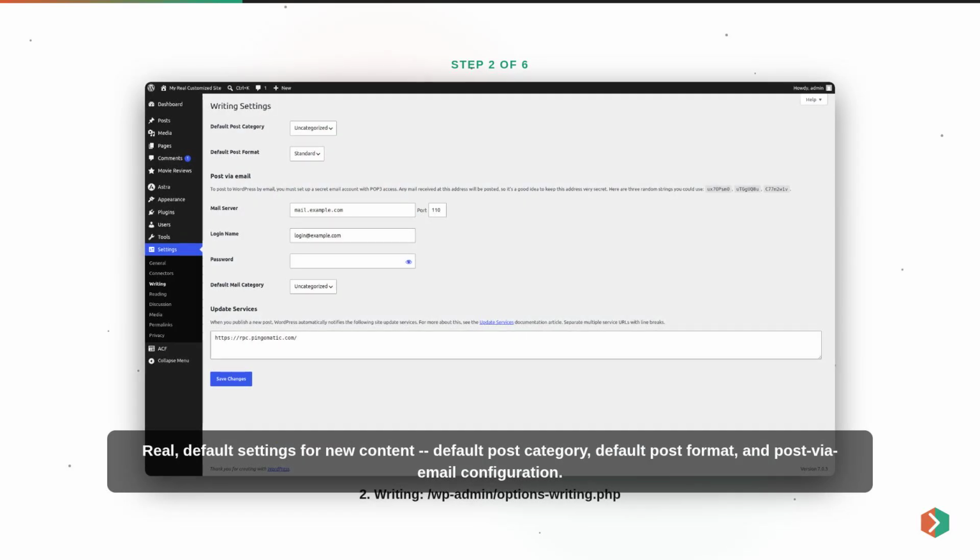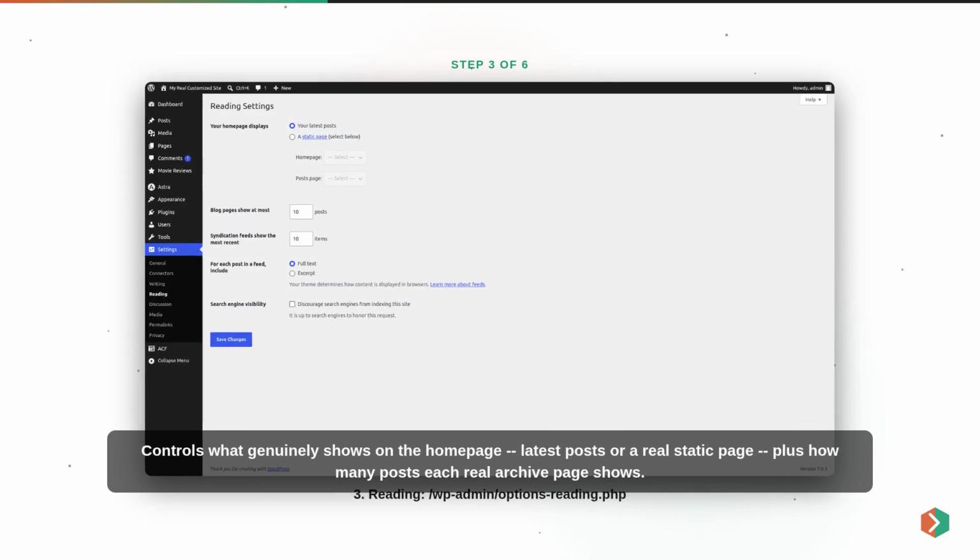Real default settings for new content, default post category, default post format, and post via email configuration. Controls what genuinely shows on the homepage, latest posts or a real static page, plus how many posts each real